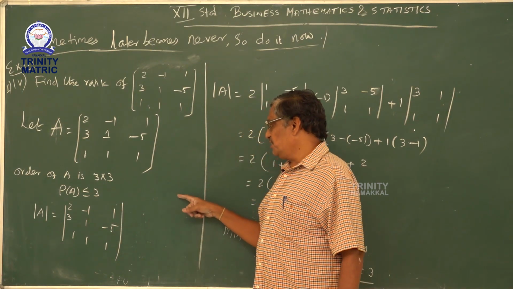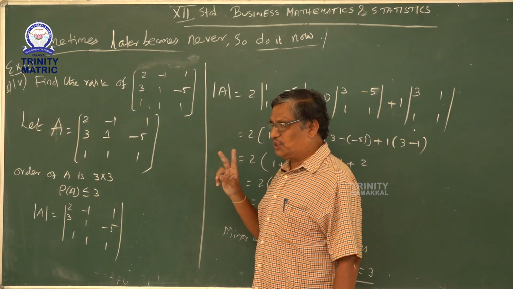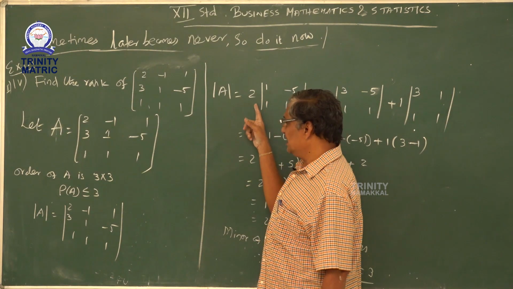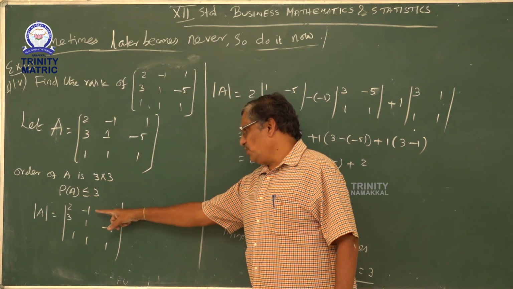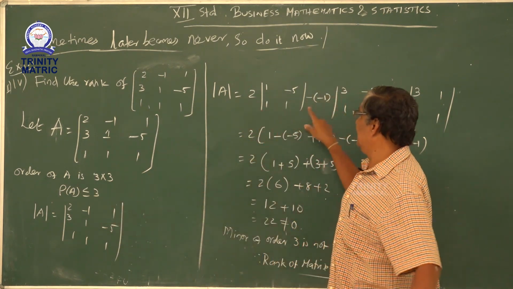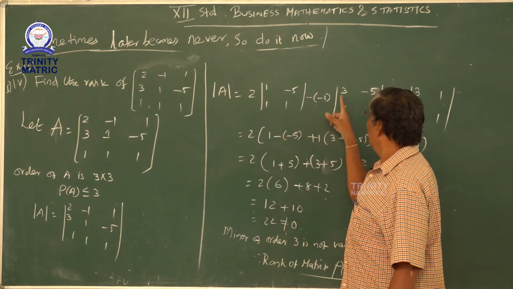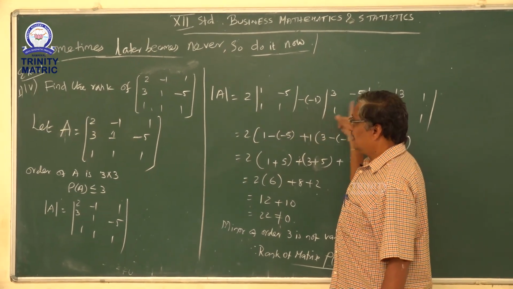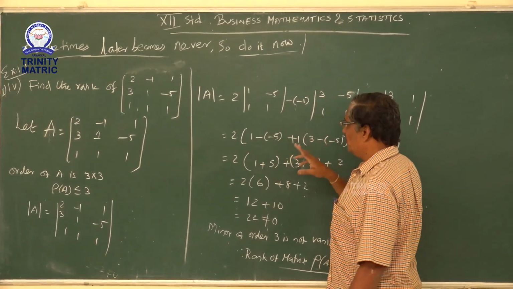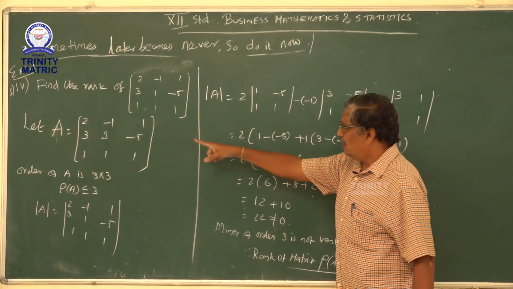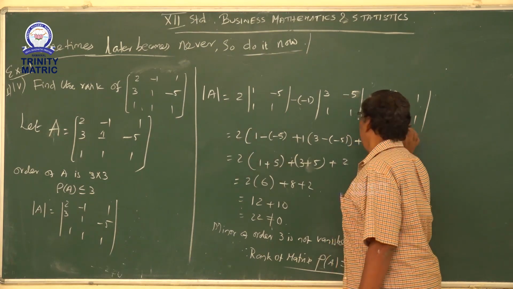How will we find cofactors? You know that already. Capital A11 means 1 plus 1, 2, even. Even means plus. Next element is A12, 1 plus 2 means 3, odd. So you have to put minus. Already one minus is there, so minus by minus, plus will come. Then leave this row and column and write 3, minus 5, 1, 1. Next element is plus because A13, 1 plus 3, 4, is even. So 1 put, and then write the remaining elements: 3, 1, 1, 1.